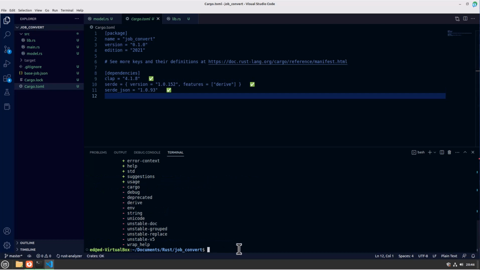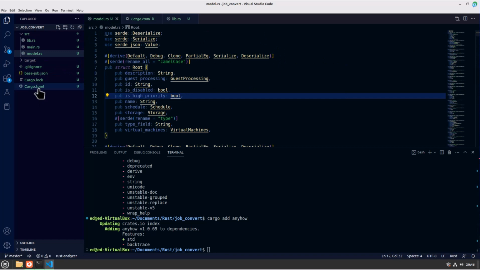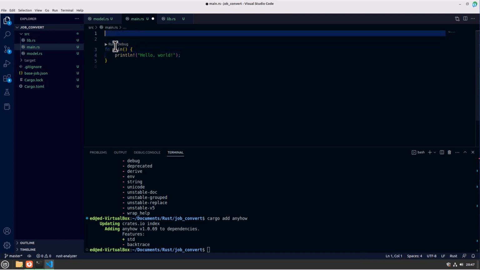So that's all the dependencies that we're going to need. In fact, I'm also going to add anyhow with cargo add anyhow, which is a library for handling errors. First of all, we're going to create the CLI aspect of this. So we're going back into main.rs, and at the top here, I'm going to get rid of this, go to the top, and we're going to use anyhow and Result, and use